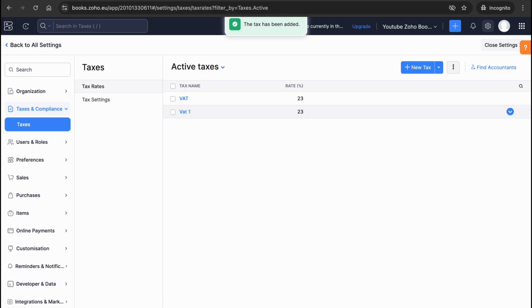I'm going to put it again for 23%. And then also here in our settings, another important thing we're going to see here in our settings, if we go back here,